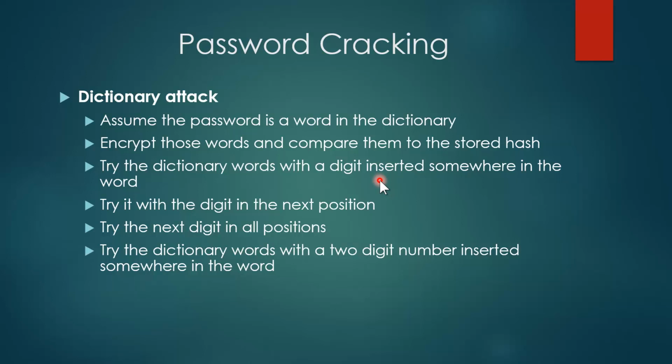And then it moves over one letter of the word. So 0hello, 1hello, 2hello, go all the way up to 9. Then you say h0ello, h1ello. So you just move that digit all the way through